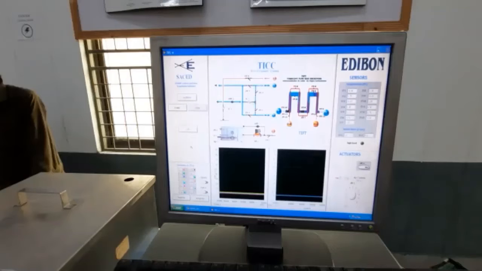So this is all about how we will take the readings from this heat exchanger, and now I will explain to you how we will use these readings of parallel flow and anti-parallel flow temperature. These are all the temperatures of different sensors at different places, and some of these sensors are on the hot water side and some of these are on the cold water side. So we will measure the values of temperatures of hot water and cold water at different stages, and then we will use all of these values to calculate our required parameters. So now I will move towards the lab manual and I will explain to you how to calculate these values.